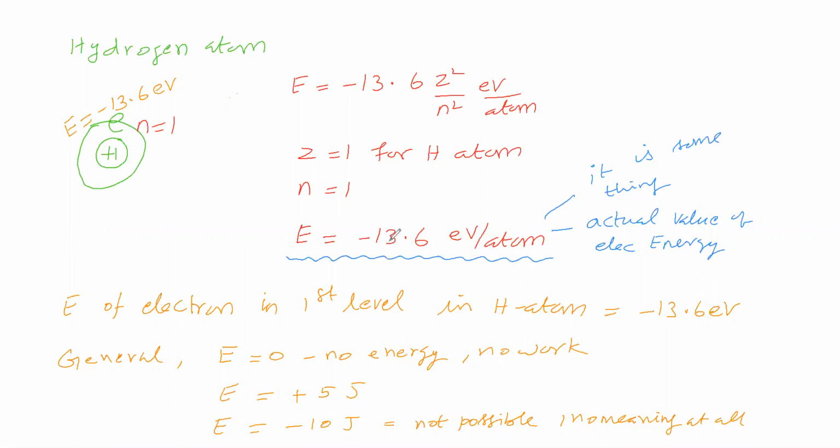Now, Niels Bohr's thought says that it is the actual value of electron energy, or it is correlating with something. What shall we say? Will you say this first one, or will you say it is the second one? Is this energy coming under the first case or the second category? What do you say? What about Niels Bohr's thought?